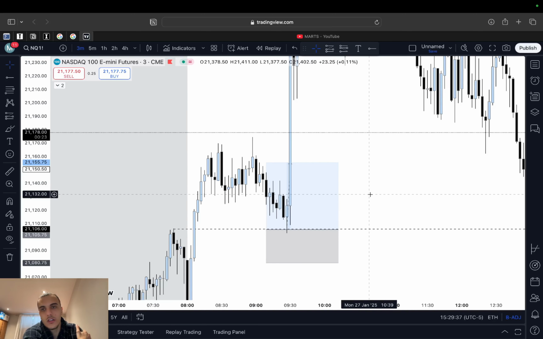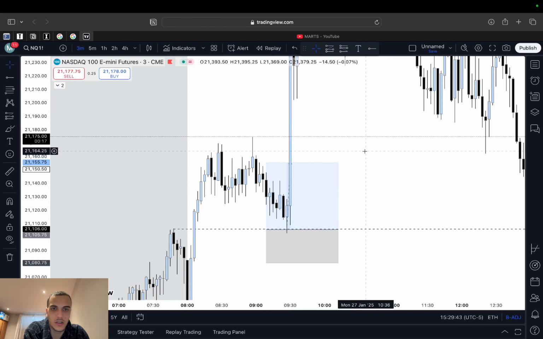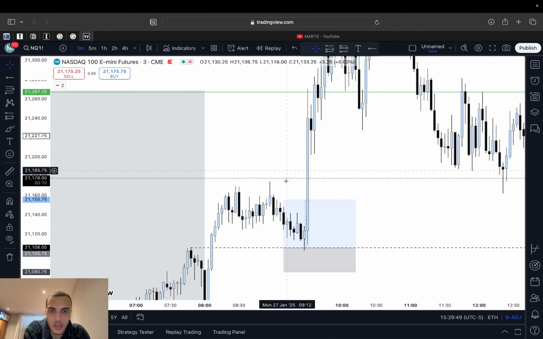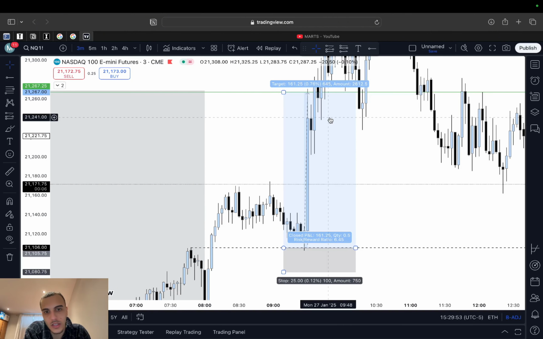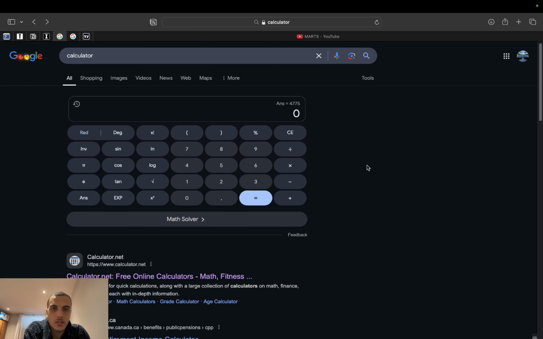Since I'm still on my combine on my Topstep account, I can only aim for 1 to 2R right now because there's a consistency rule on the combine. So if I was trading on my real account, or when I get my real account, I could have aimed for this session high. So a 6.4 risk to reward, which basically would be, since I was risking one contract,